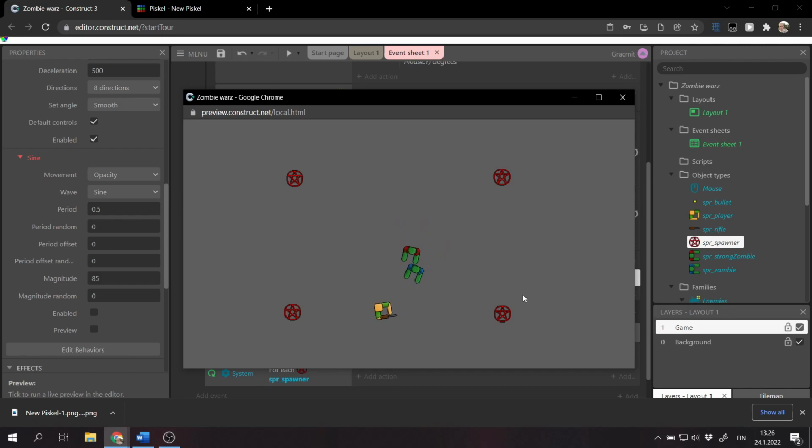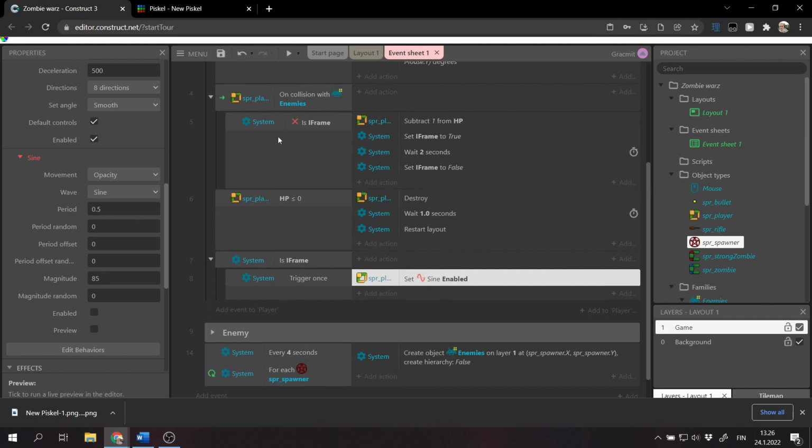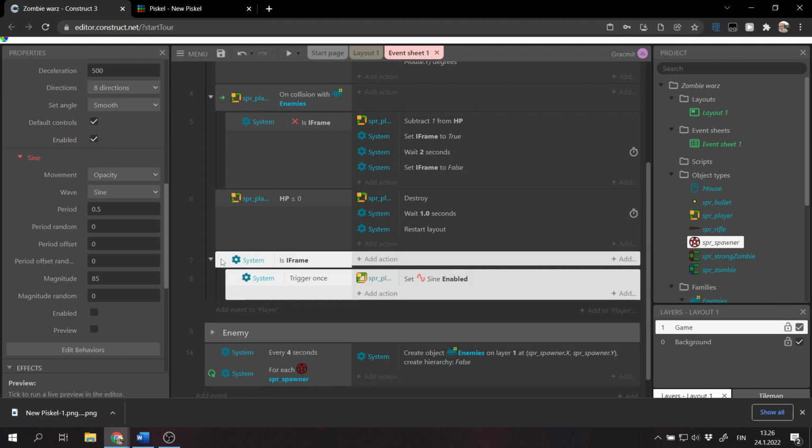Yeah, but the thing is that we don't set it off at all. So even though we are still blinking, we can still die, as our iframes went to false, but we didn't stop the blinking. And we can do it easily just by choosing the